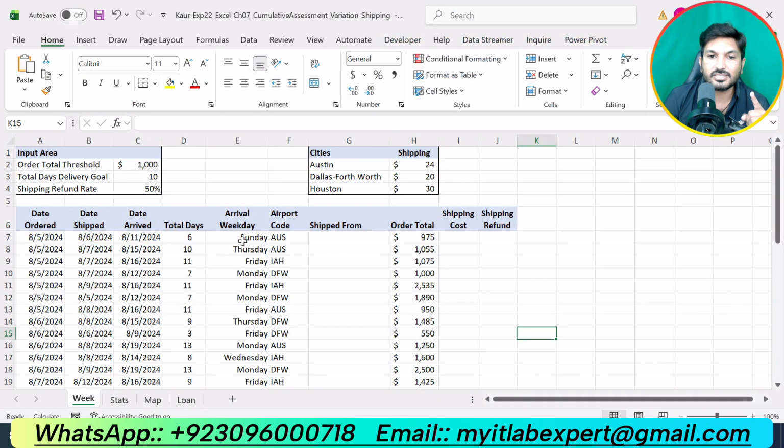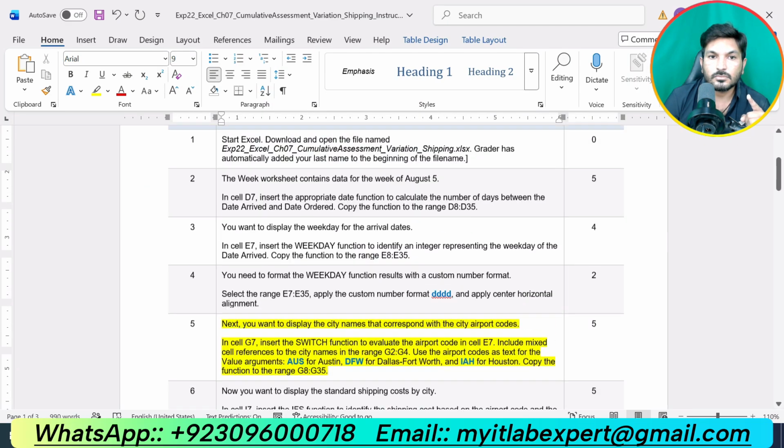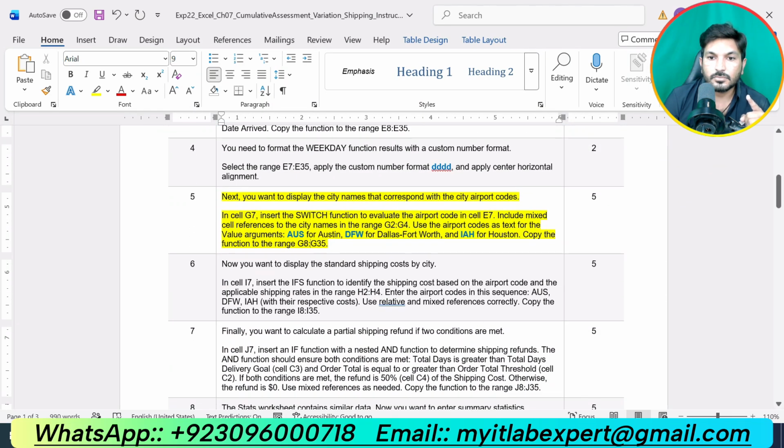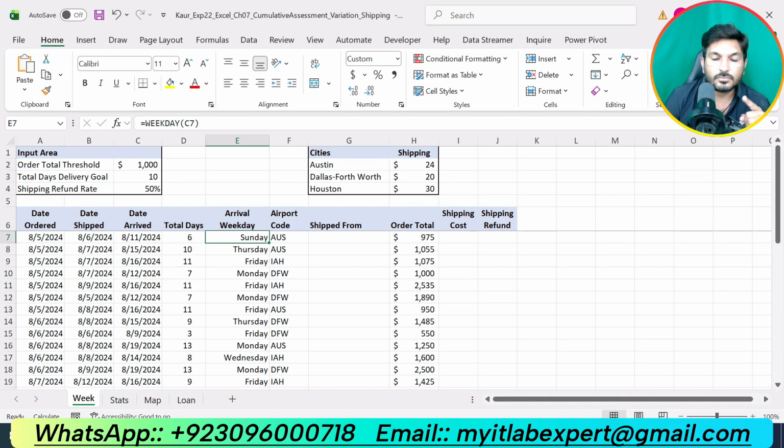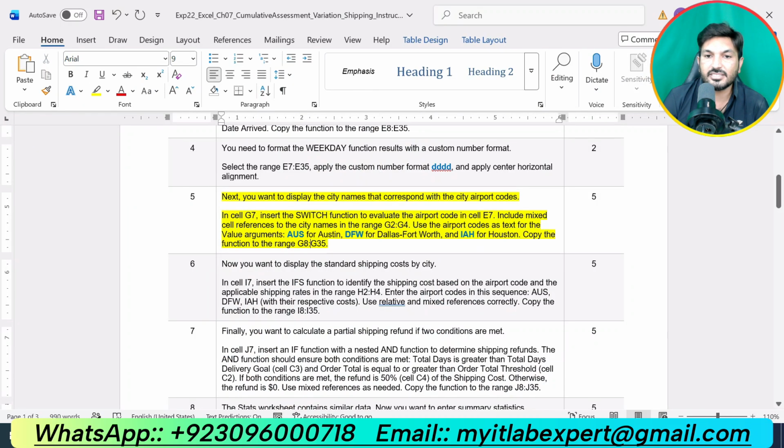Sorry, the airport code is given in cell F7, not E7.